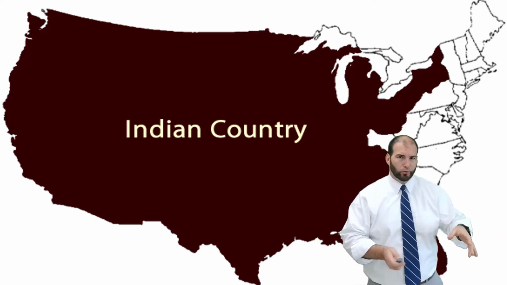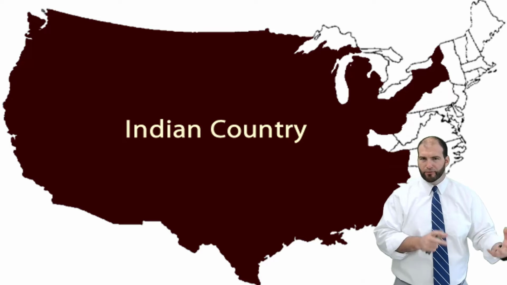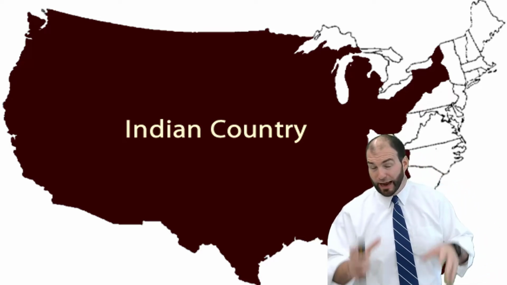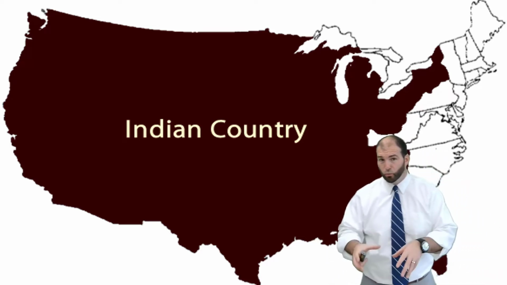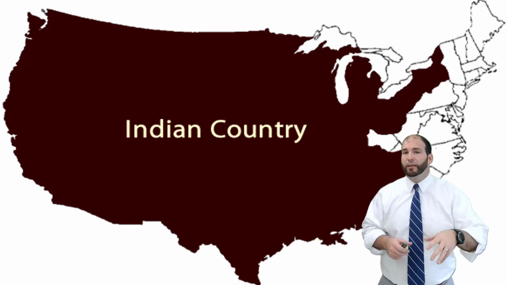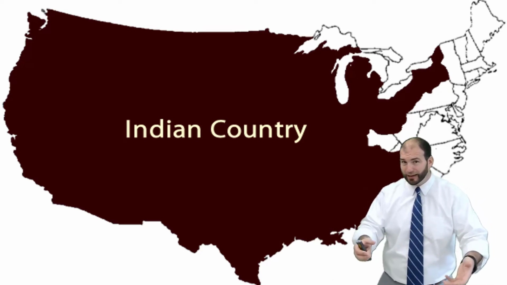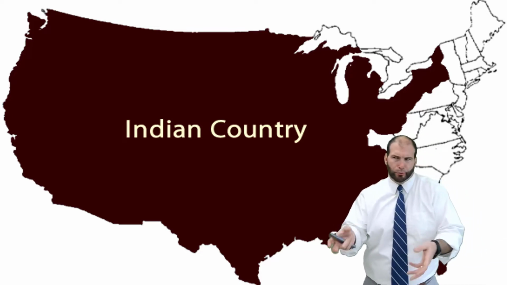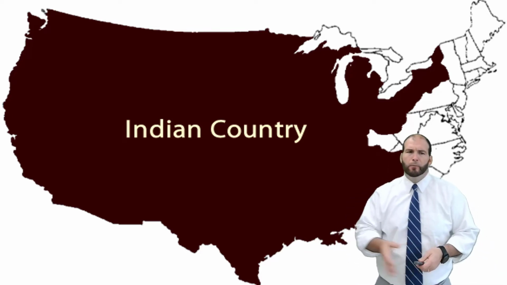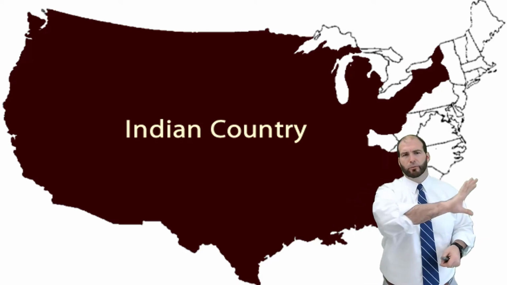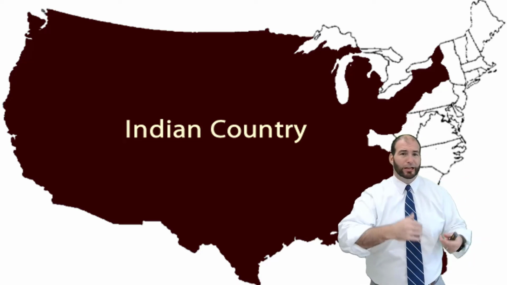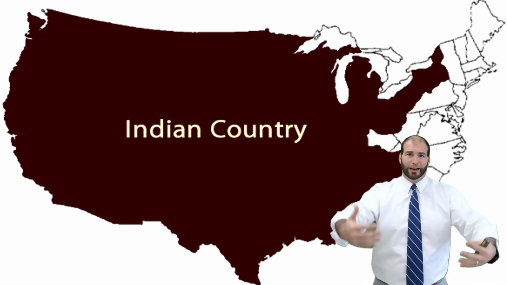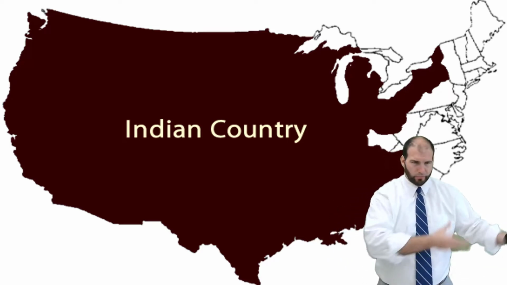Well, because there's so much tension between Native Americans and the colonists after the French and Indian War, England feels like they need to come in and protect the colonists from the Indians, and also protect the colonists from themselves. So the whole place here on the map that is colored in, that's Indian country. That is basically uncontrolled land in the New World. That's where Indians live out there.